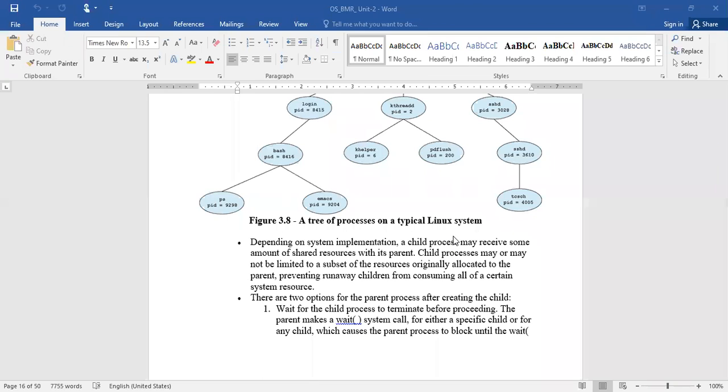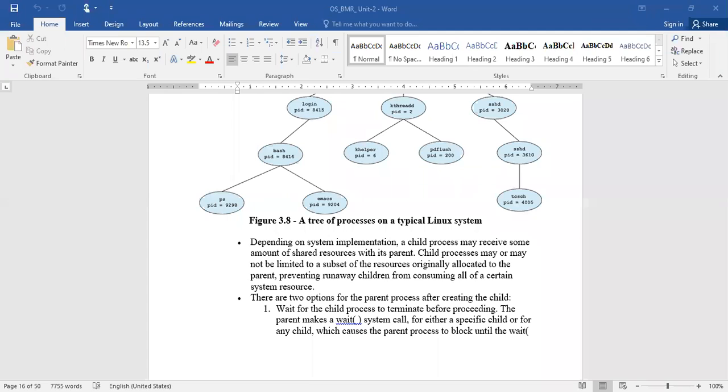Now, there are two different options for the parent process after creating the child. One is waiting for the child process to terminate before proceeding. So before it continues its execution, it needs to wait for a period of time until the child process has completed its execution.